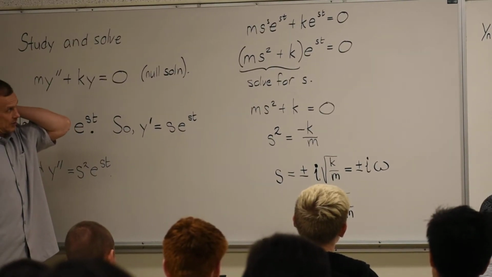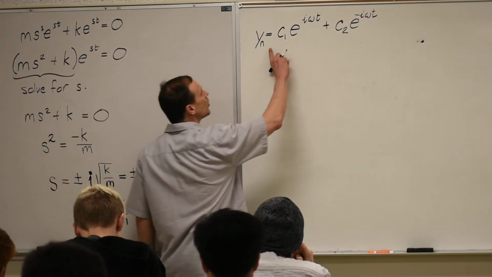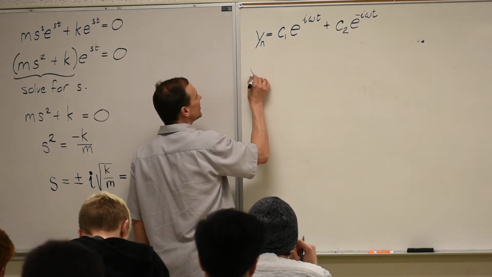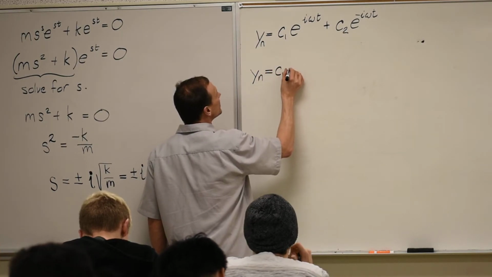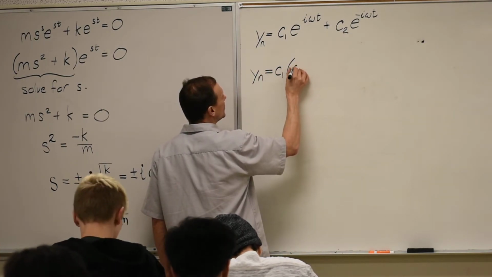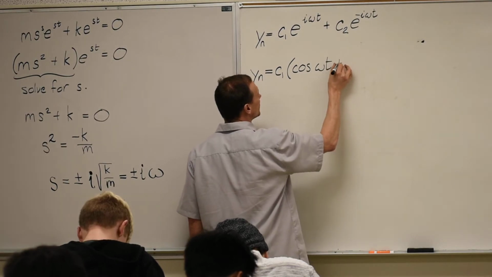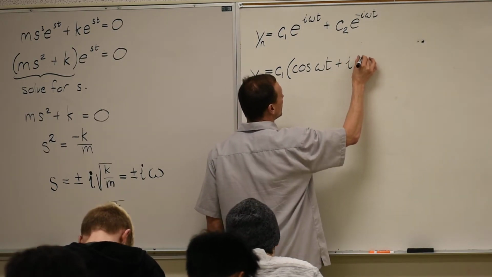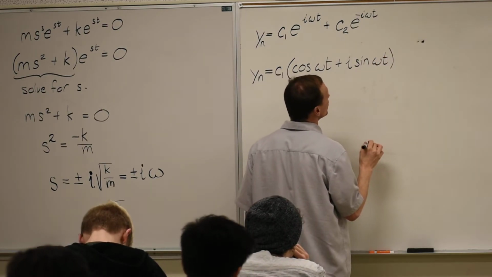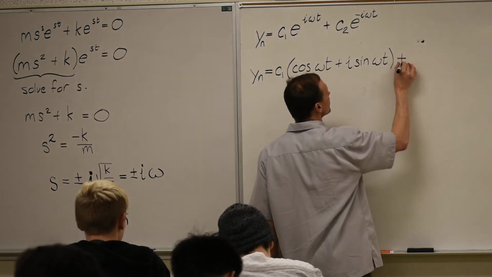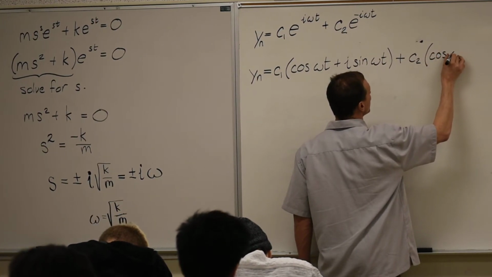So don't worry, we're going to check initial conditions, and we're going to solve that. But what we want to do is, now let's apply Euler's famous identity, and that says that y null is equal to C1 times, and I'm going to write this out, cosine of omega t plus I sine omega t plus C2 cosine omega t